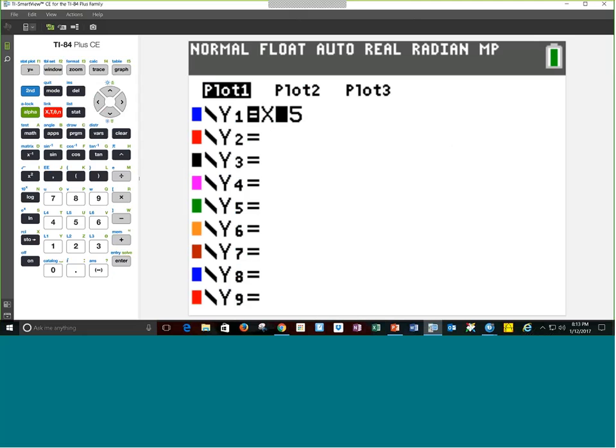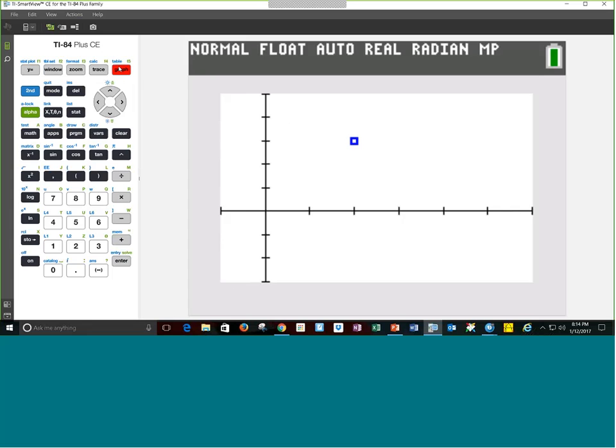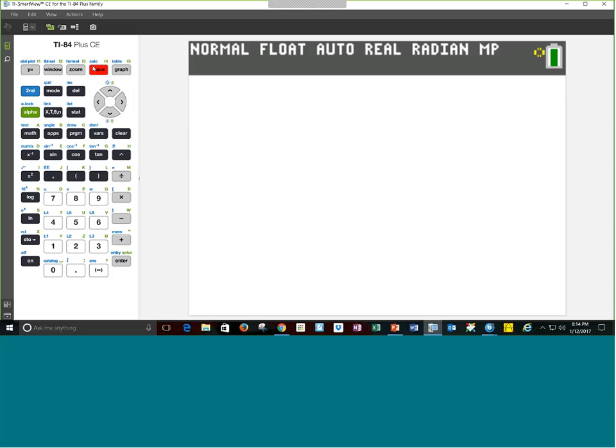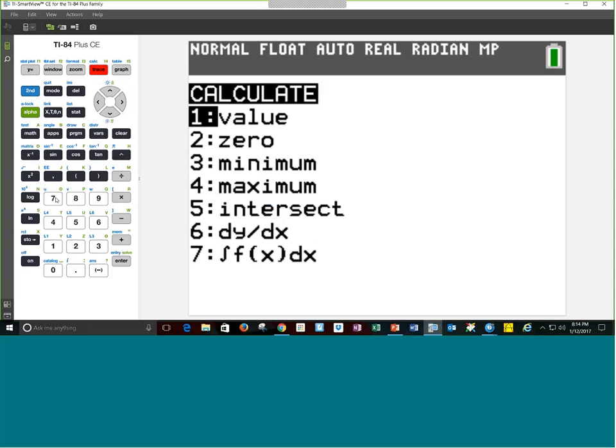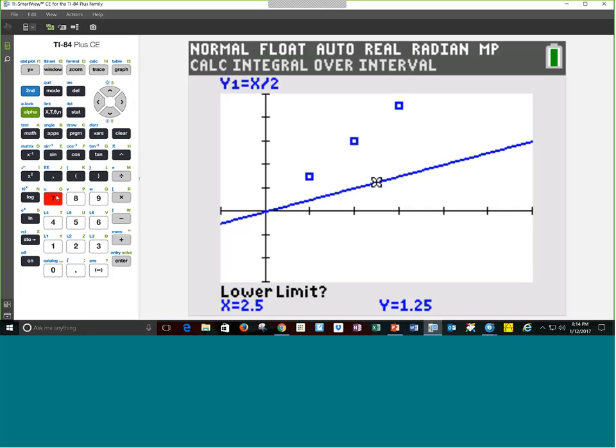I have a bad habit of hitting my keyboard instead of the calculator emulator. And I'm not going to clear that stat plot because I'll overtype it in just a second, but we'll see our graph. Okay, so now we have a linear function. And the same thing that we did a few minutes ago, we could calculate and we could find various areas. Or in this case, actually, the students could just do triangular regions and not actually use the calculator.